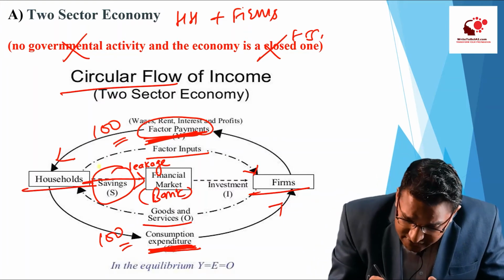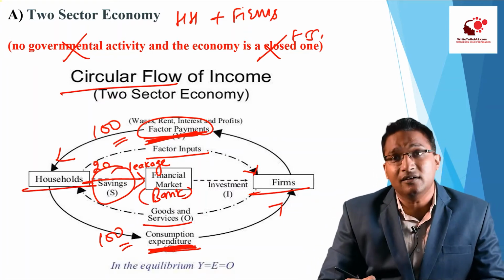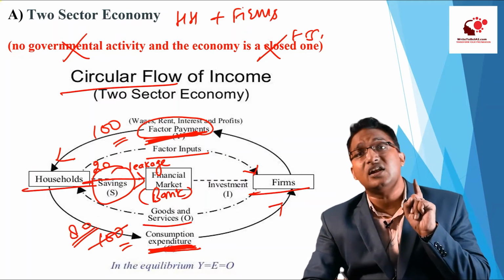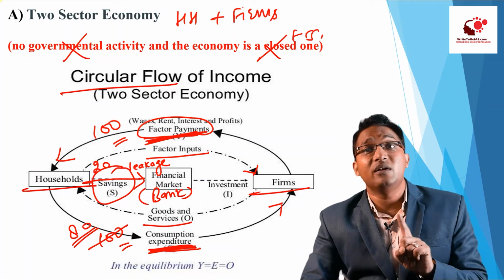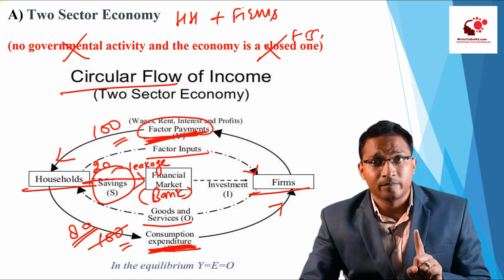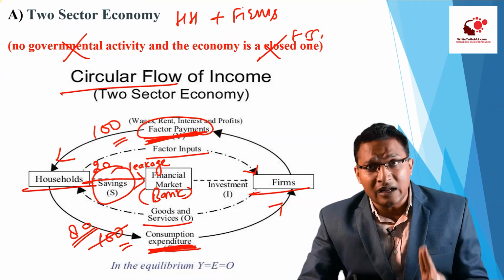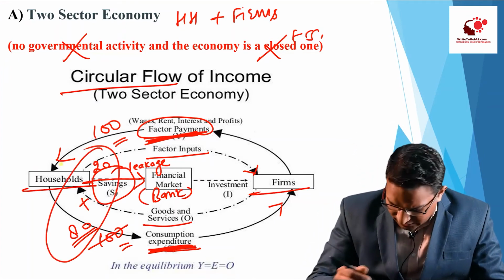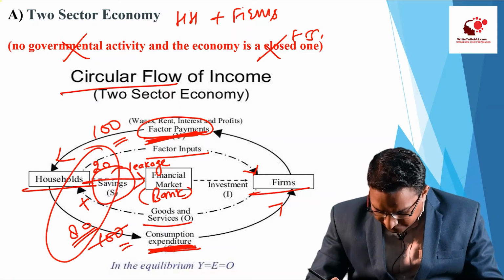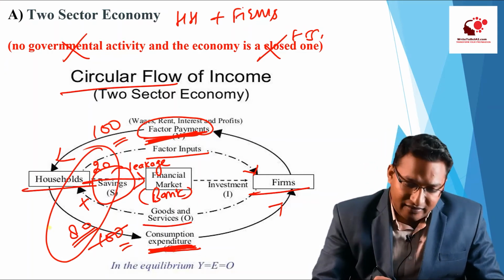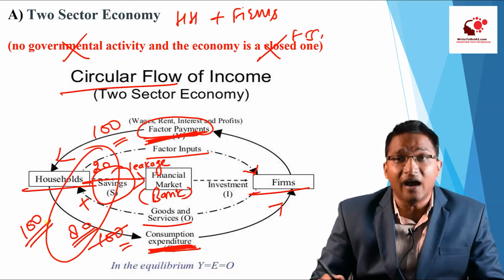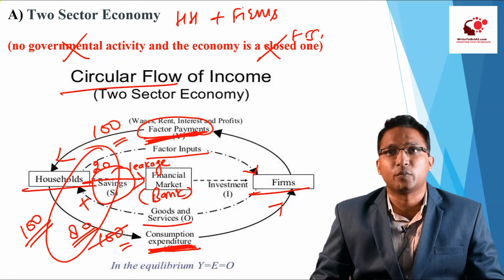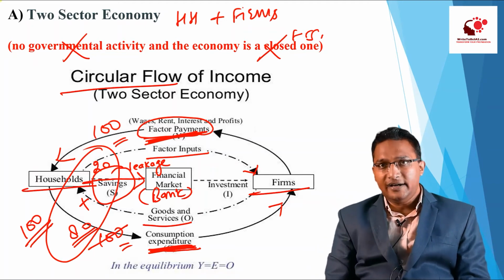If suppose I am saving 20 rupees as a saving, that means this expenditure will now become 80 rupees. So if we consider only expenditure, then we will not be able to calculate the appropriate income. So to calculate the appropriate income, we need to add this 20 and 80. 20 plus 80, we need to add these two. And when we add these two, then this 100 rupees will be the appropriate amount, right?